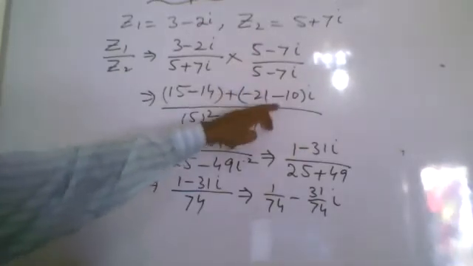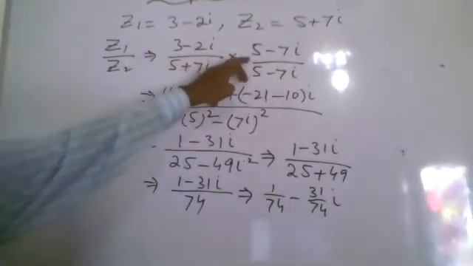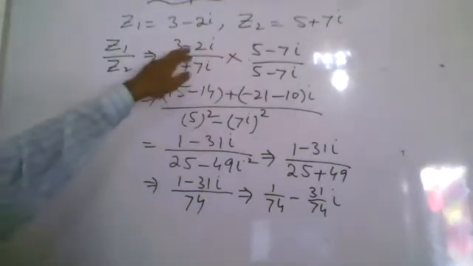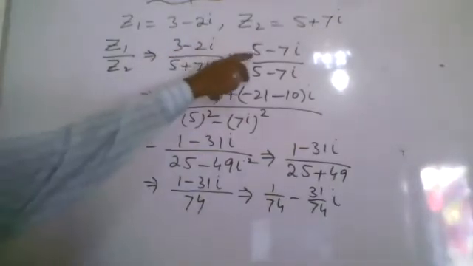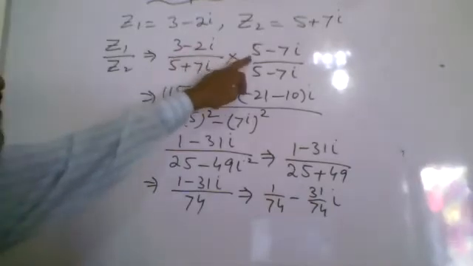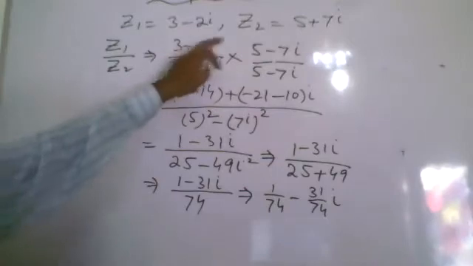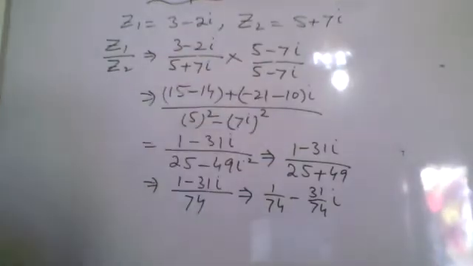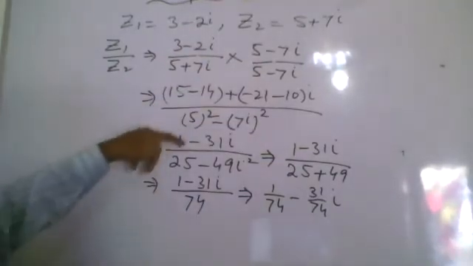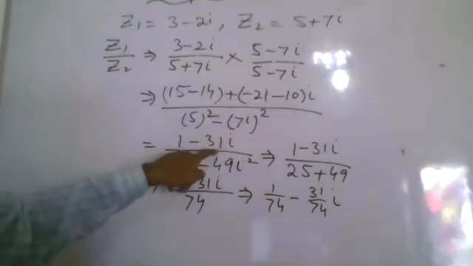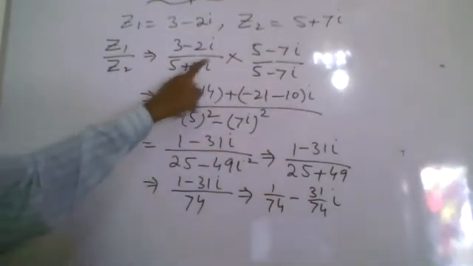Then plus sign, minus 2 into 5 will be minus 10. b1 a2. a1 b2 and plus b1 a2. So minus 10. So it will become 1 minus 31 iota, and here 5 plus 7 iota into 5 minus